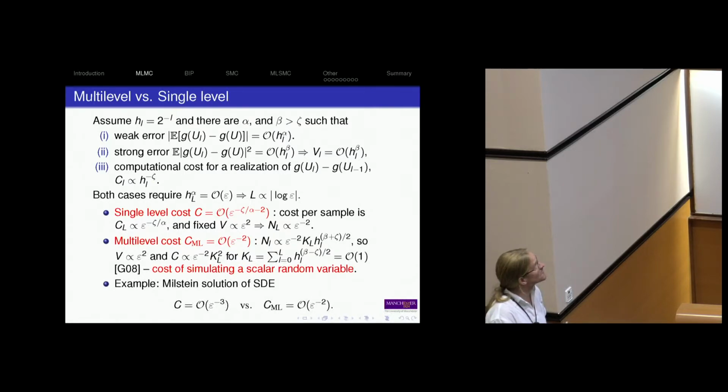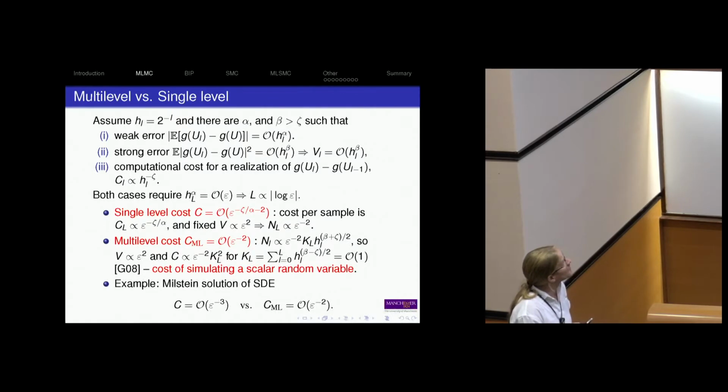That's the absolute value of the difference in expectations between the discretized and the limiting process, and a strong error rate of convergence β, that's the expected value of the square of the difference. So this weak error is going to dictate the bias, and the strong error is going to dictate the